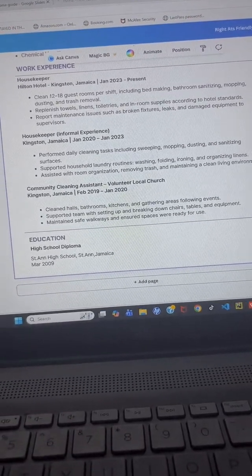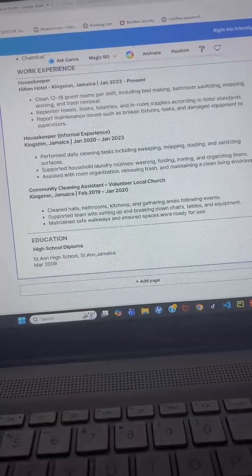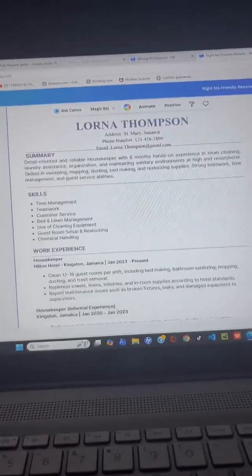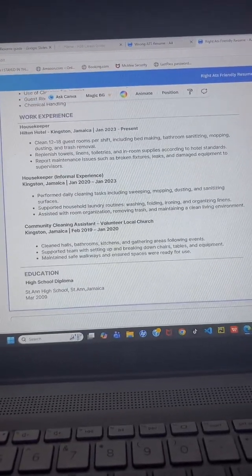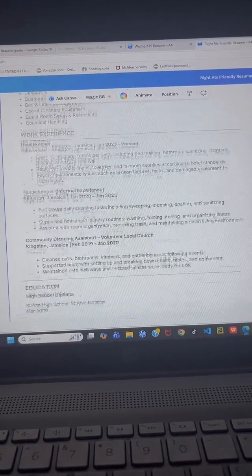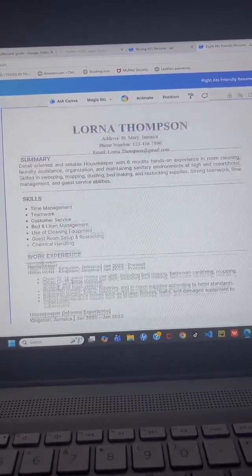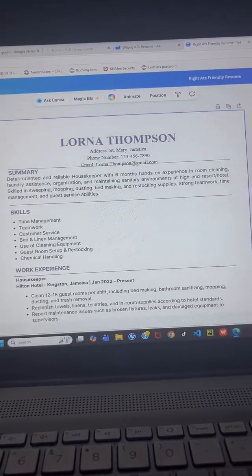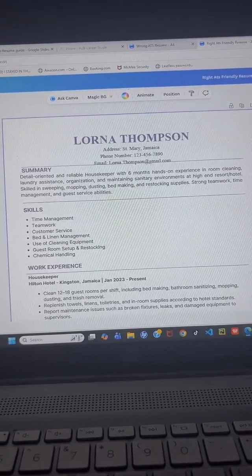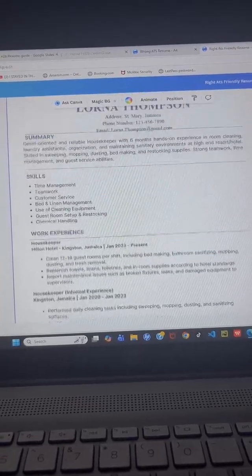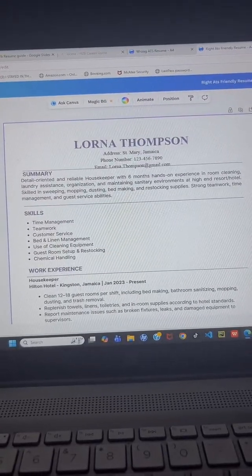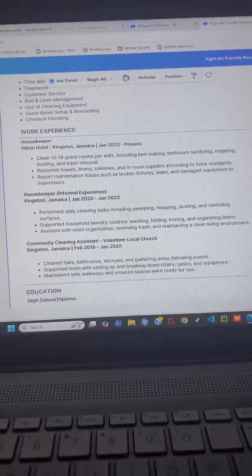So guys, this is a one-page resume. This is all you want, just a one-page simple resume. Guys, bear in mind that this is just an example, so don't go and copy this. This is just an example, and the things that are on it are not real, it's just a made-up thing.